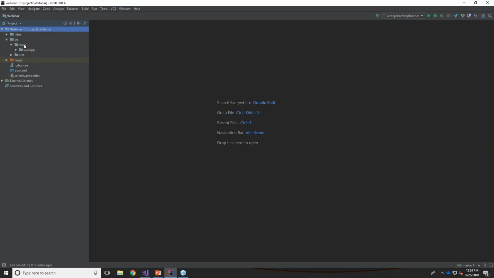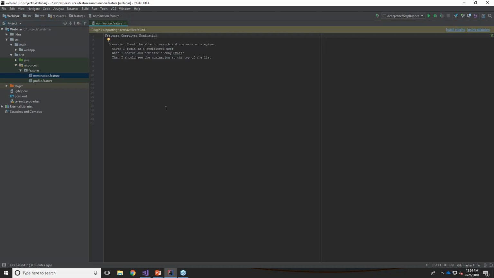I have all the application source files that go under the source main directory. I have all the test sources go under the source test directory. Then I have the source test resources directory here, and that contains my feature files, right? The feature file is really what contains the gherkin test. Now, I have two feature files here, one for the nomination, and the other is the edit profile workflows that Bobby went over. So let's open one of the feature files, the nomination one, and see how readable, again, this